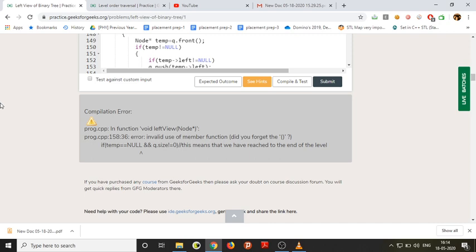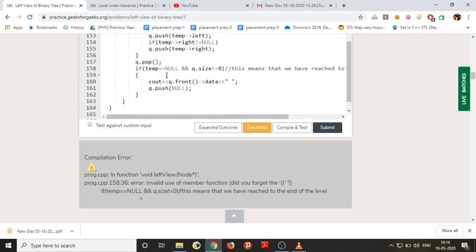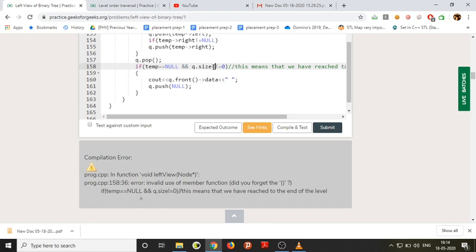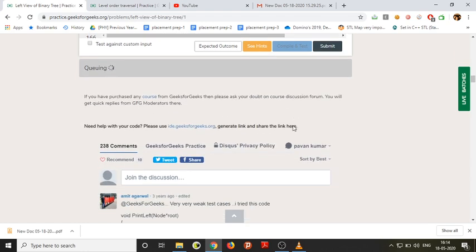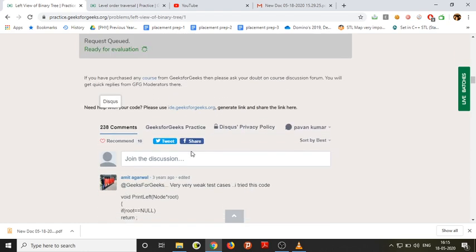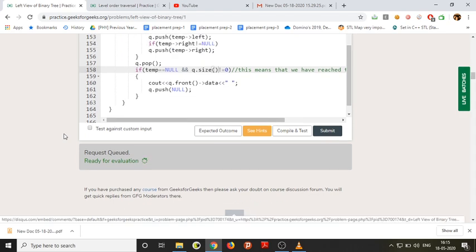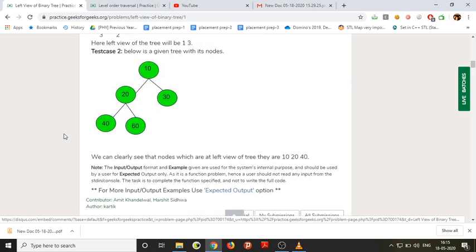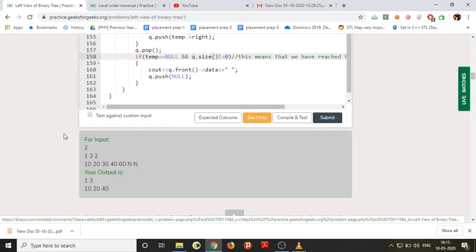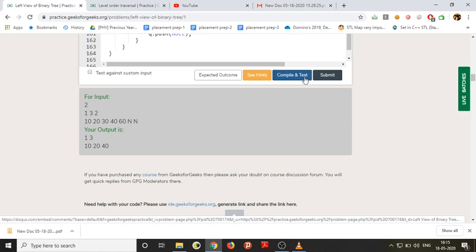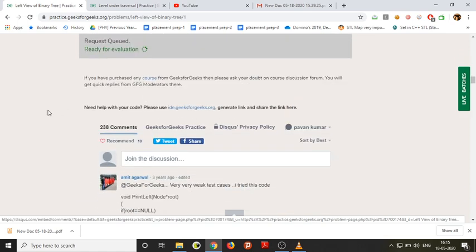Oh, size is a function, right? So it should be like this. Okay, let's see. Now I think we can. Okay, 1, 3, and 10, 20, 40. Okay, now let's submit it.